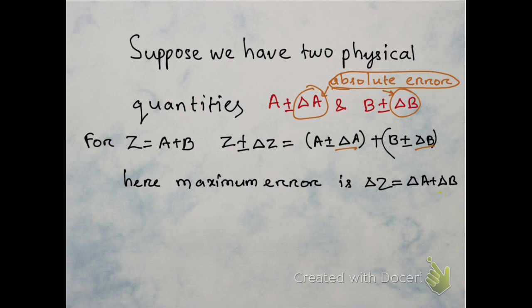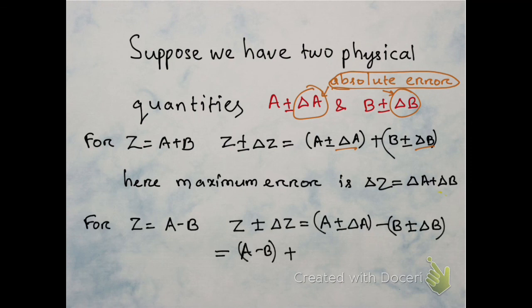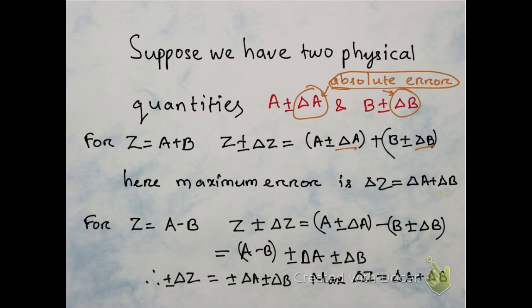Similarly, the minimum error will also come like this, but we consider our maximum error. So for Z equals A minus B, we are talking about a negative term while subtracting. Should this error be subtracted or not? Still, we can see the maximum error during subtraction will be delta A plus delta B also, because although these two parameters are subtracted, the errors are not subtracted to get the maximum error. If you subtract them, it will not be the maximum error.